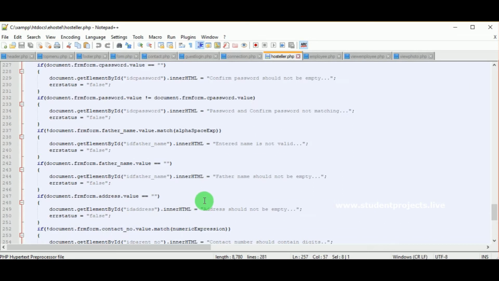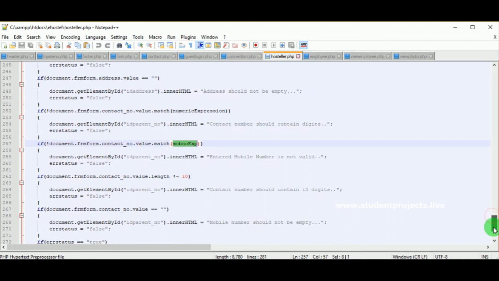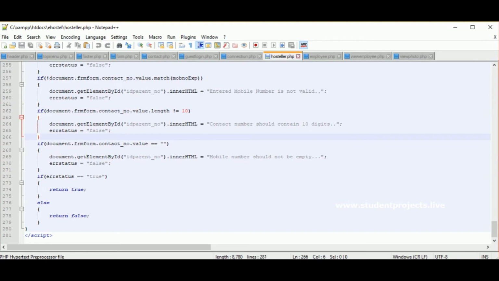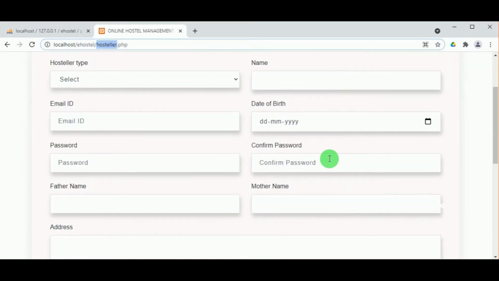The contact number must also follow the mobile number expression, and if not, the invalid warning is shown. Then, if it is not equal to 10 digits, it says the contact number must contain 10 digits.